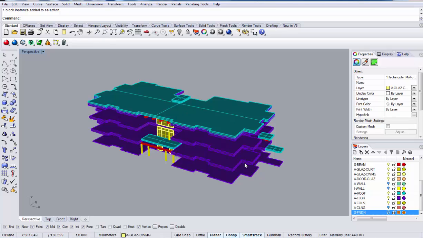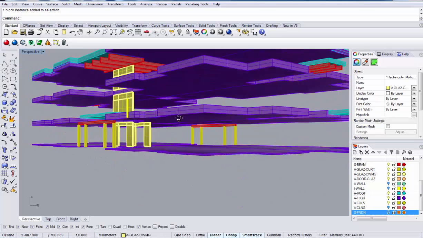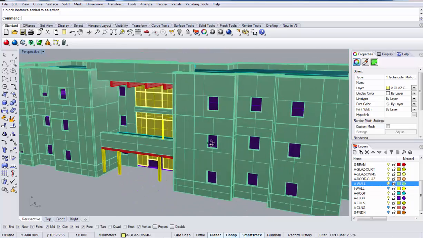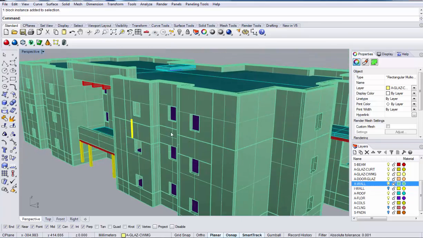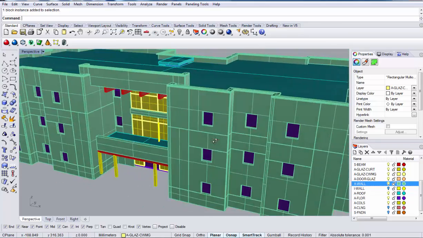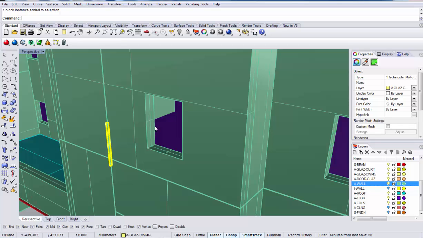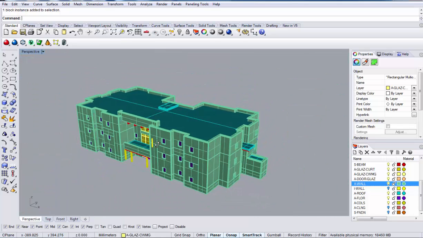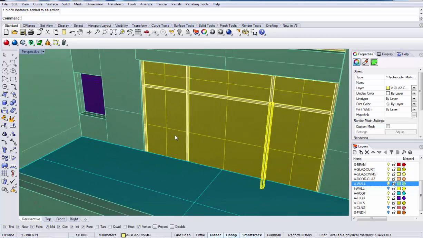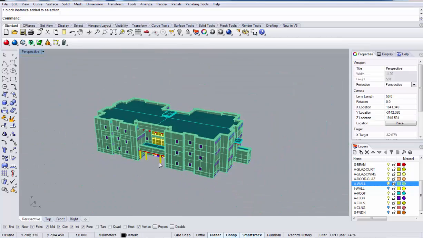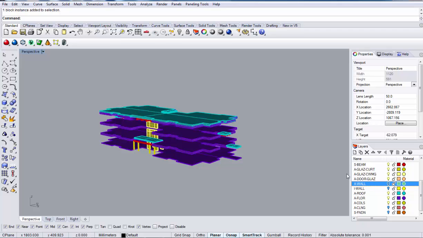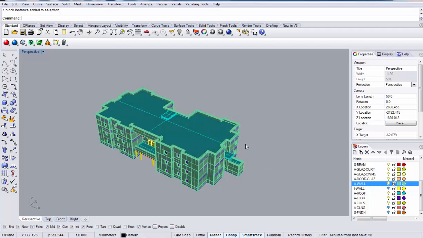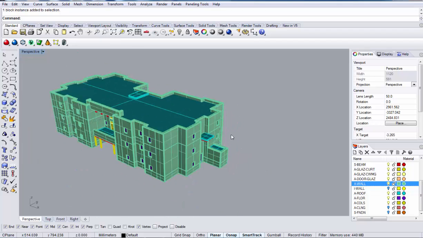So I'm assuming that you've gone through, you've brought your model in, and you've turned off all the extra layers here. I'm just leaving the walls off so I can show that. I actually turned off the glazing as well because I was looking at what scale the printers we have are capable of doing. Really, having the windows in here doesn't make that much of a difference. It's not going to help us all that much. Okay, so I'm just going to turn that off again so we can see what we're doing. Oh, actually, I need that because some of the problem areas. So the first thing we're going to do is,